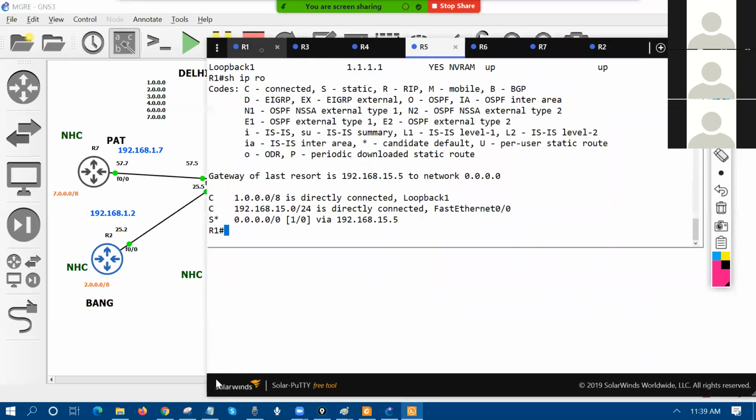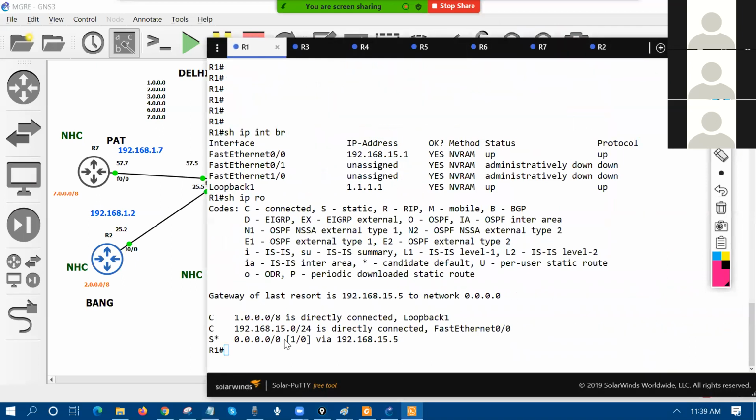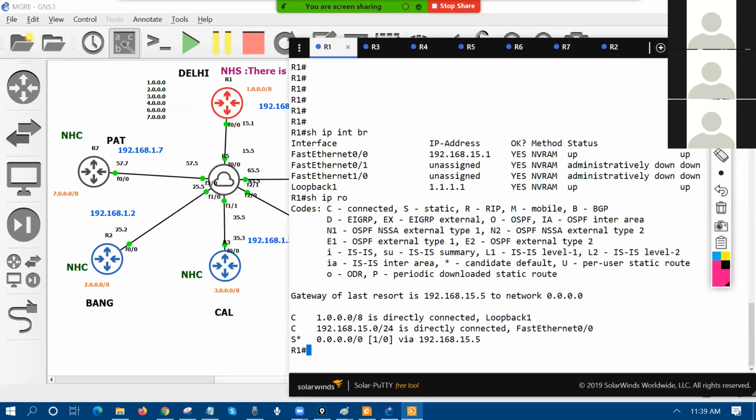From router number 1, I'm just going to ping all the branch offices, right? So the branch transport connection WAN interface, right? From here, from Delhi, I'm going to ping from here to this guy, a public network, right? In my topology, I'm using the private network, but in the real world, it's public. So I'm going to use the ping